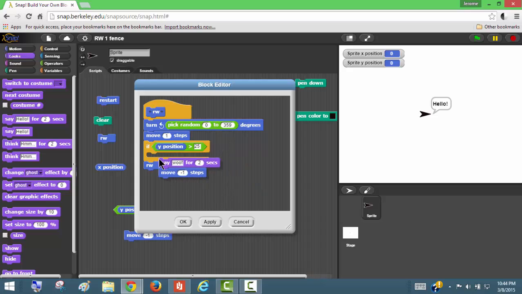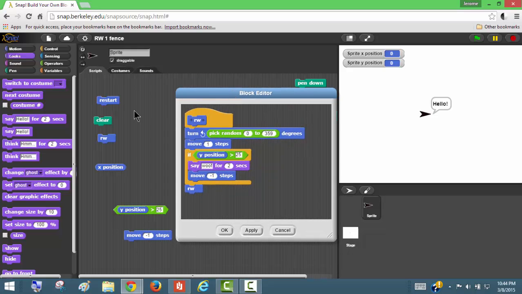All right. So now we're back in here. And now it'll say woof for 2 seconds, and then the woof will go away. Okay. And by the way, if you have something on the screen that you don't want to see, you can say, and if you say with nothing in there, not only will it say nothing, it will take away the little bubble around it too. So if I click this,